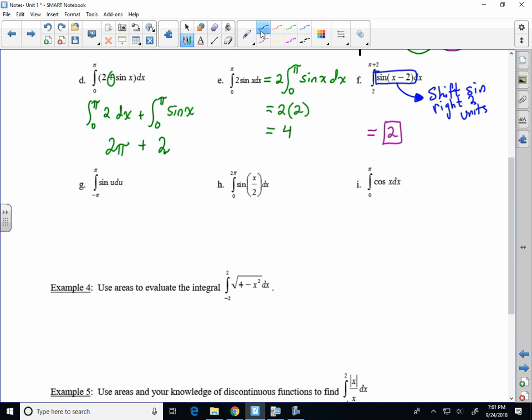So for G, we have sine of u du. And it's like, oh, we didn't learn about u substitution yet. It's not really relevant because this could easily be sine of x dx. It's a change of variable. It could be sine y dy. It doesn't really matter as long as the argument and your d whatever are consistent. Okay? So I can draw any sine wave,